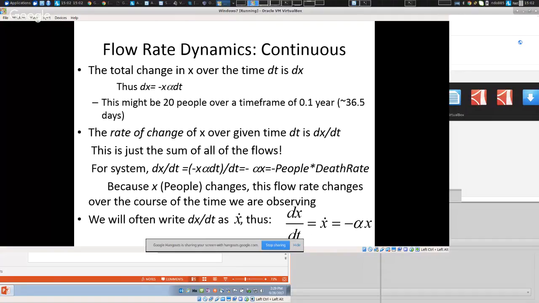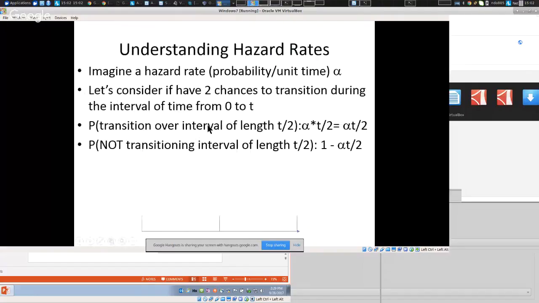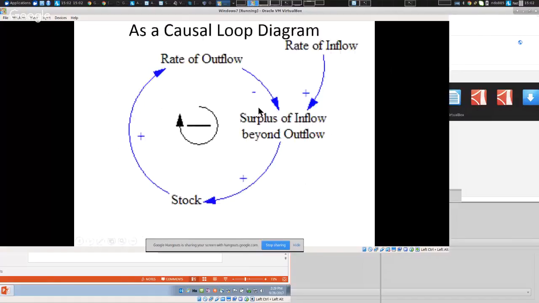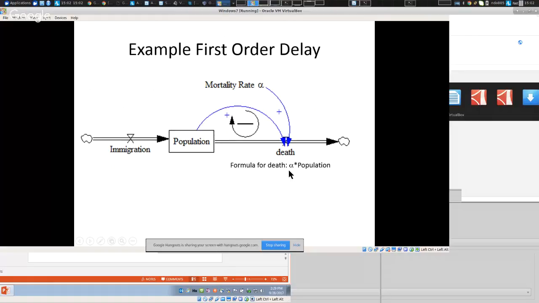That's actually, in fact, what this is telling us, because this is the state variable, x, and its derivative is the sum of immigration and death, okay? If we only have an outflow, then the derivative of the population is population divided by tau. It's an outflow, so there's a minus up front, or minus alpha times the value